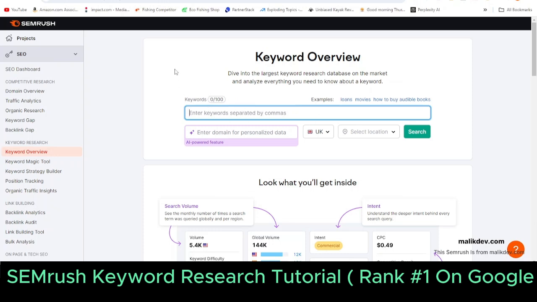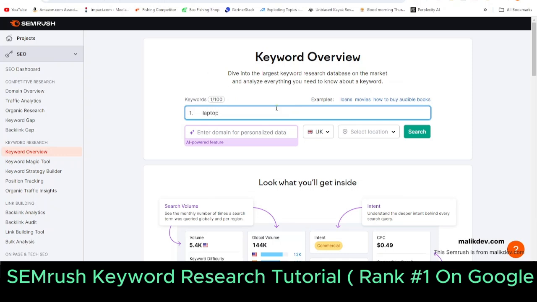If you have an affiliate website, then the keyword research is different. If your website is an online store or drop shipping, the keyword research method is different. But in this video I am going to cover both of those. The very first is generic keyword research. For example, the generic keyword is